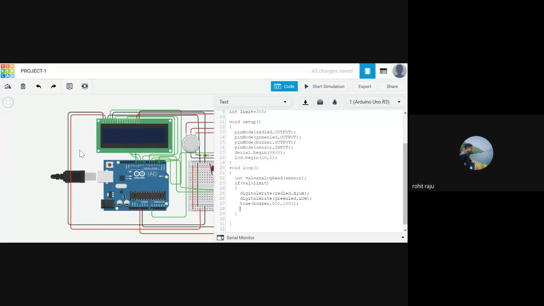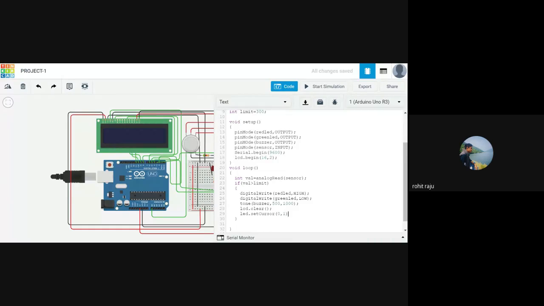After ringing, we need to set up our LCD display. For that, we need to clear anything on the LCD screen first. And there's a setCursor function. lcd.clear clears the LCD screen. lcd.setCursor means from where we want to write, giving 0, 1. 0 means column 0 and first row. So that's where 0, 1.